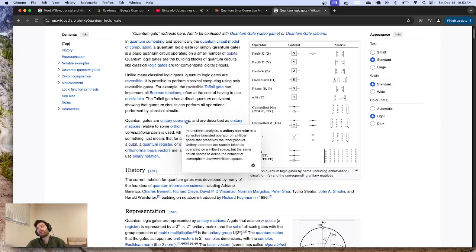Alright, they're unitary operators. We do know what a unitary operator is now: a surjective bounded operator, which means that